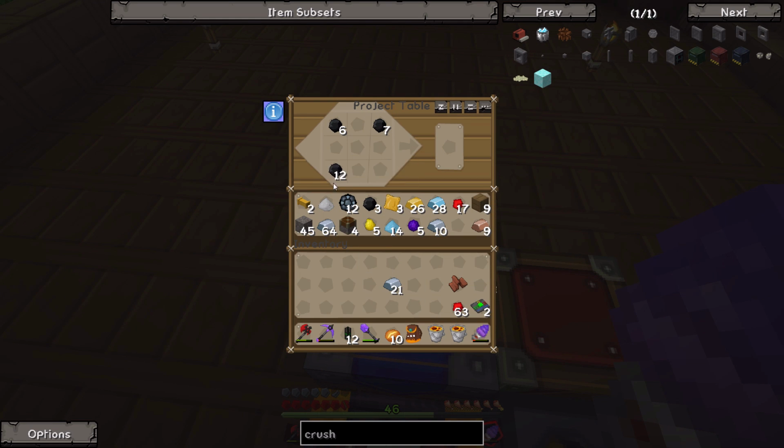Anyway, let's do this, this, this, and this. Let's get ourselves some steel ingots. 1, 2, 3, 4. And then if we do something like this...